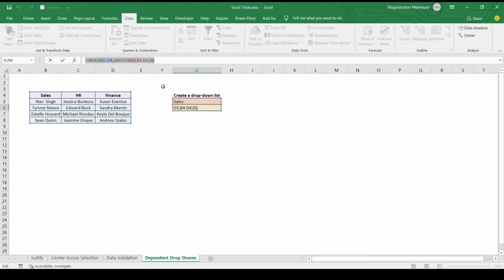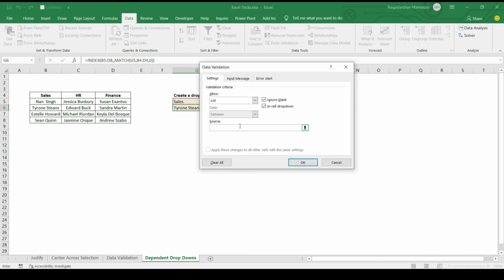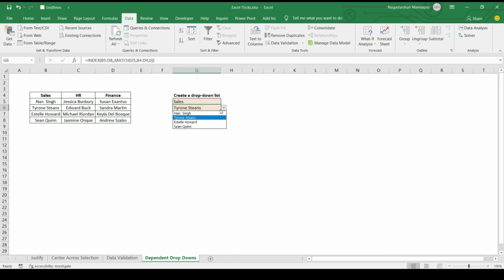Select and copy this entire formula, then click on the same cell, data validation, list. Here I can paste that formula. Then click on OK. I'll get the drop down list. If I select finance, based on that header, I'm getting the resource names. If I select HR, I'm getting the HR resources. So this is about the dependent drop down list.